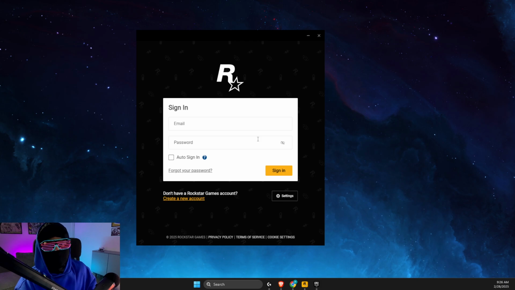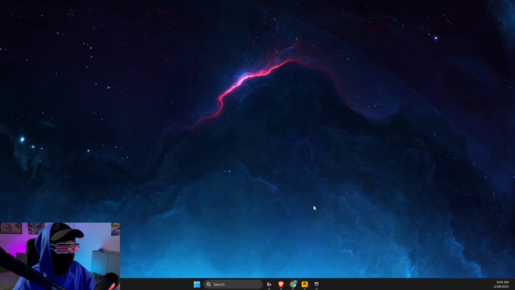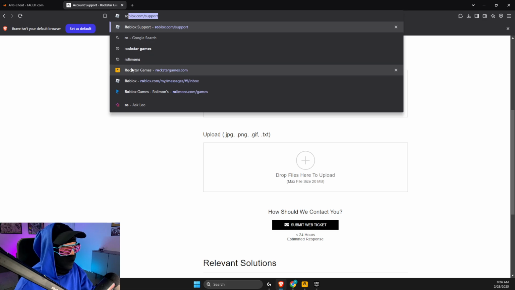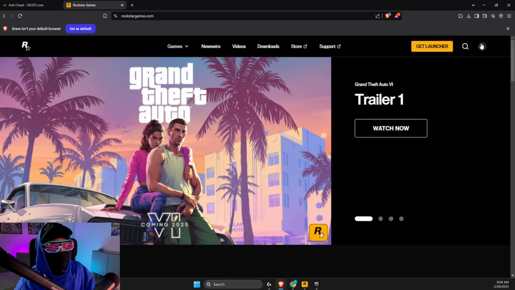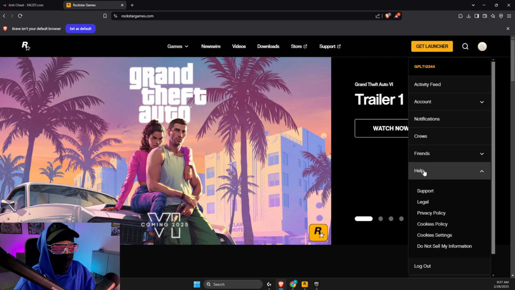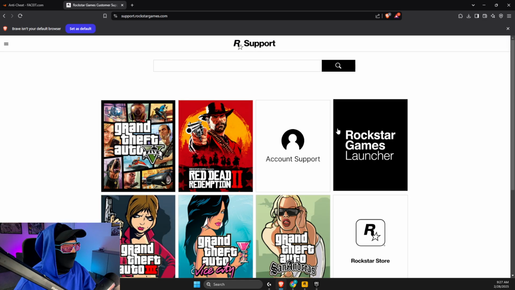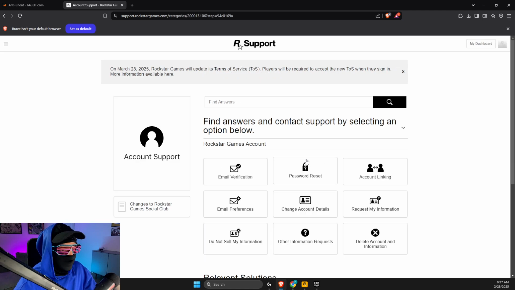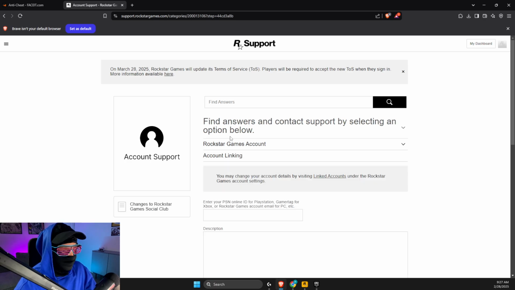If for some reason this does not work, then I will show you what you need to do next, which is to open up a browser. Then you just need to go to Rockstar Games, log in with an account that you have GTA 5 on. In my case it is this account. Then you need to go to help, then go to support. On help and support, go to account support, then go to Rockstar Games account, then go to account linking, and